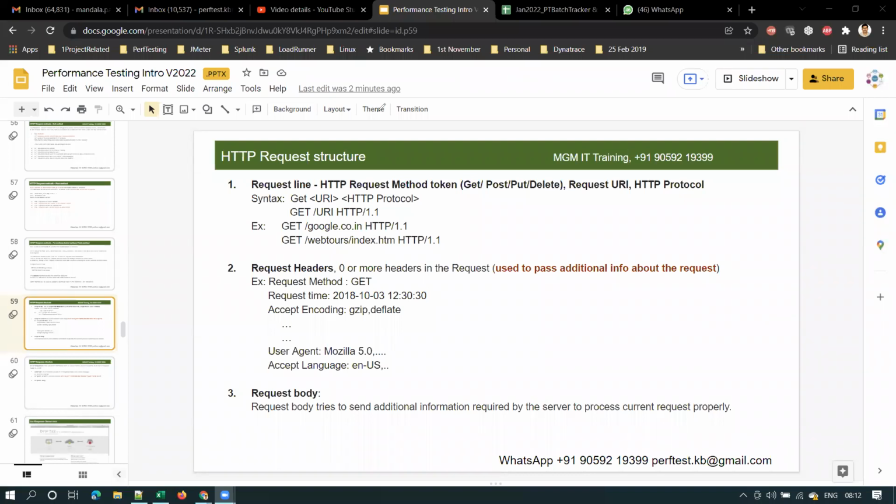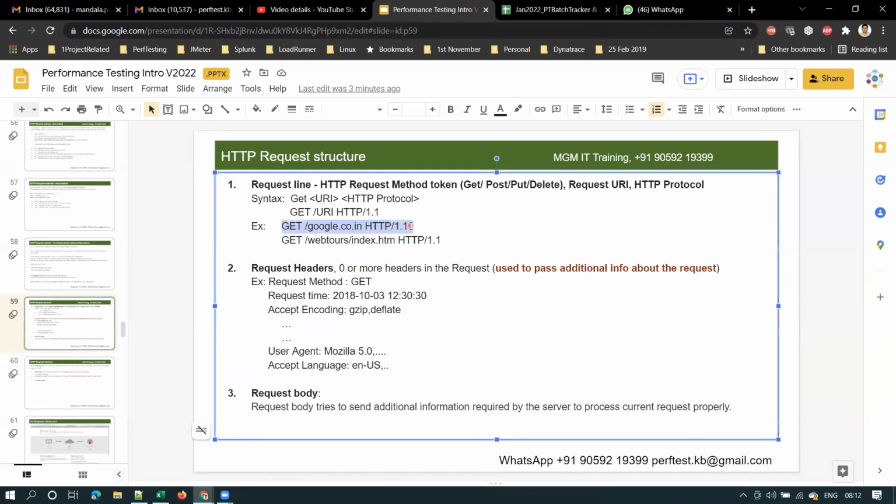Let me use this. So the request line consists of the HTTP request method token, the request URL, and the HTTP protocol. This is the syntax. The first one is the request method token, that is get or post or put or delete, followed by the request URL, followed by the protocol. And this is how any request line looks like.